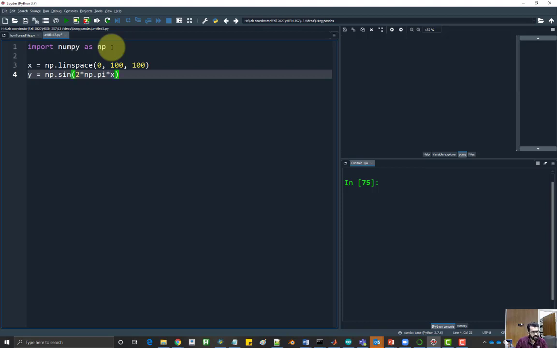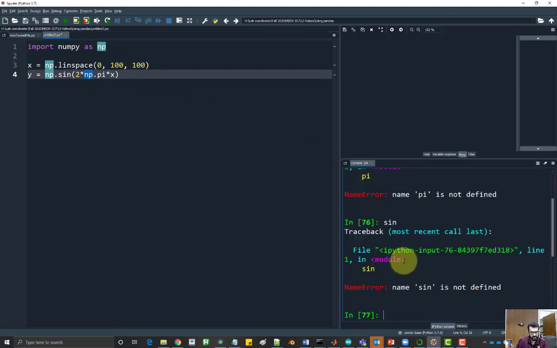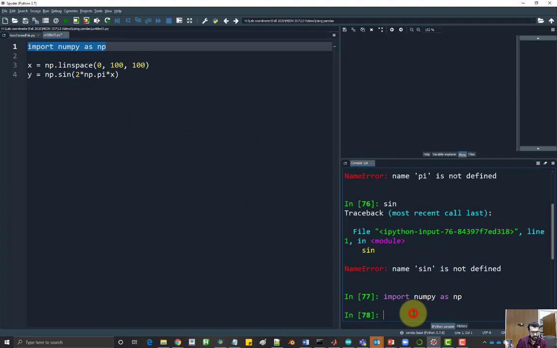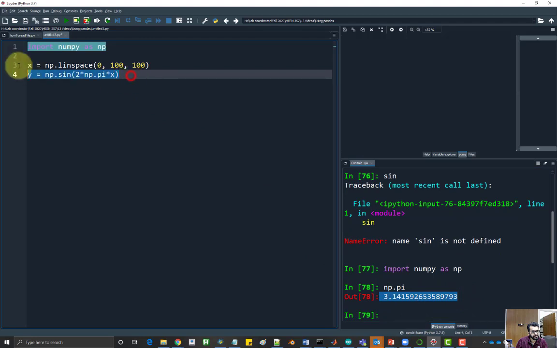Okay, notice that I have to have this np because by default Python does not understand what is pi or sin. Okay, these are actually found inside the NumPy package. So I have to import this NumPy package and then say np.pi, and now it knows what the value is. Okay, so let's run this code,